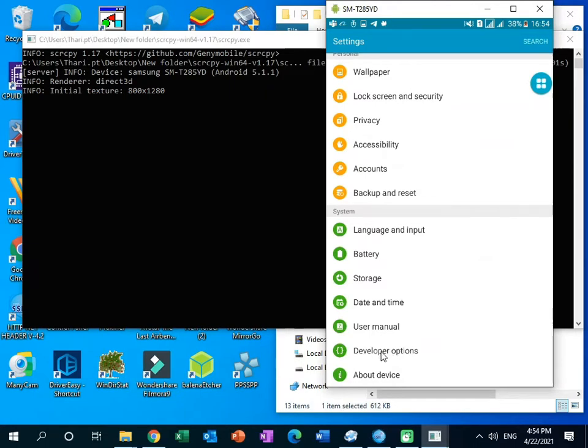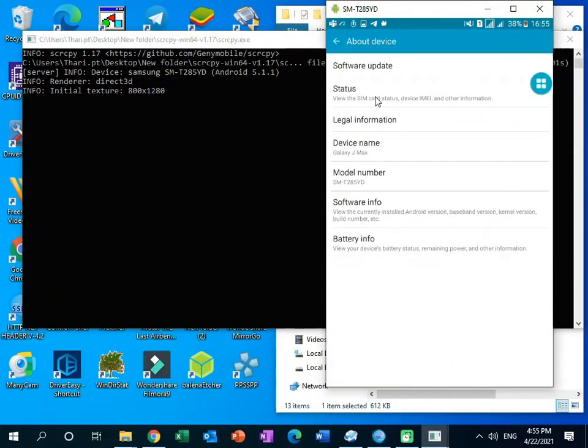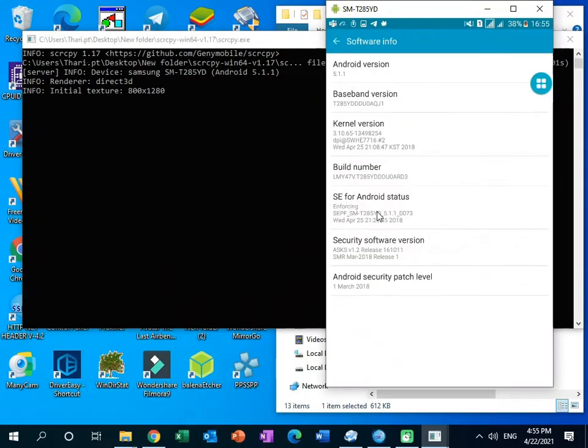So let's see how to enable USB debugging on your phone. First thing is you need to open your settings application like this. Then go to the About device option. Here it is. Then you need to go to your software info and tap on your build number until your device shows this message: no need, developer mode has already been enabled.